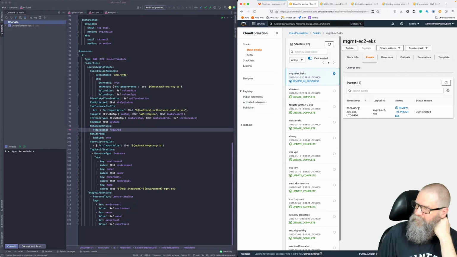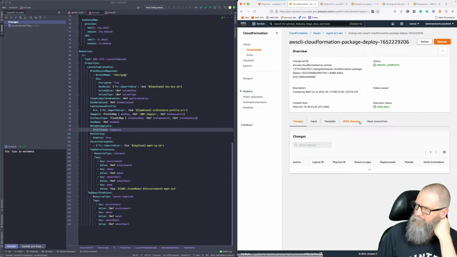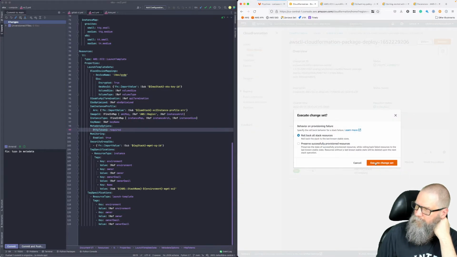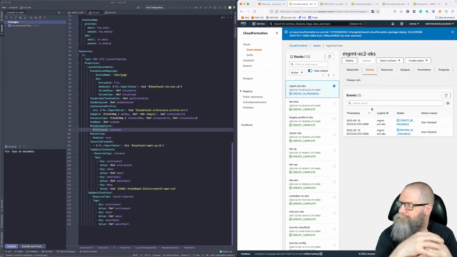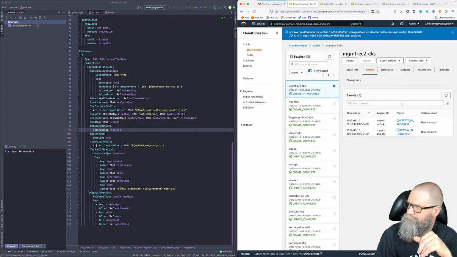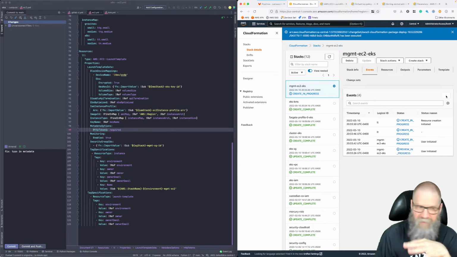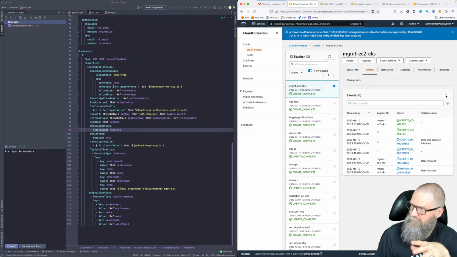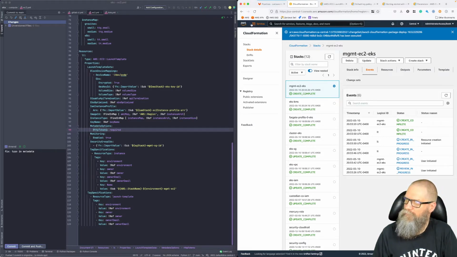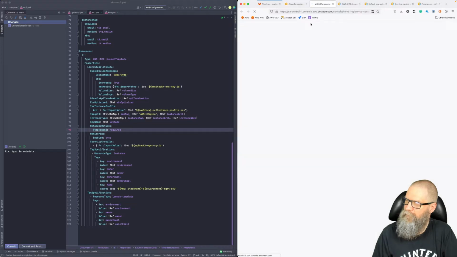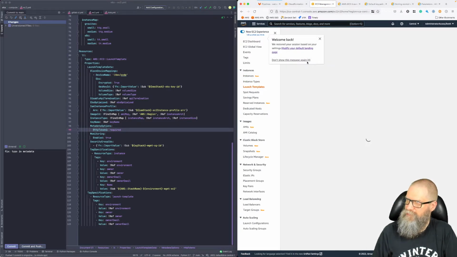All right, here we go. Third time's a charm. Didn't fail. Didn't fail right away, at least. Okay, there we go. So if we go over here and we go to EC2 and we go to launch templates,